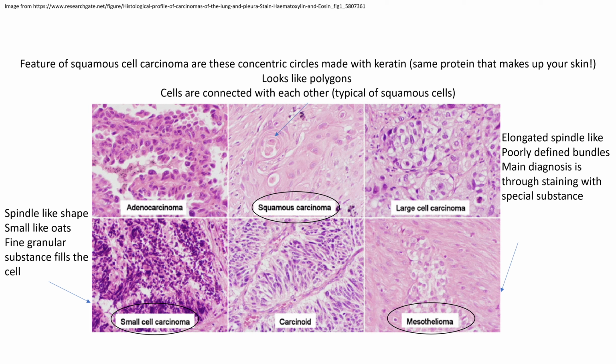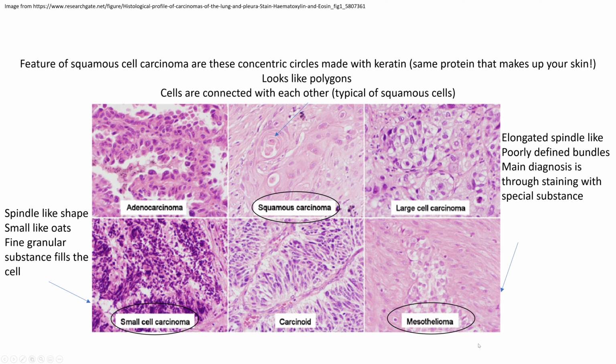Next up, I'll be talking about mesothelioma and small cell carcinoma in this talk, so it will benefit us if we discuss some of the histological features of these tumors. Histology refers to observing cells under a microscope. Let's start by looking at mesothelioma, which is here. We can see the cells are quite elongated and spindle-like. They are arranged in very poorly defined bundles, and the major diagnosis, however, is through staining with special substances